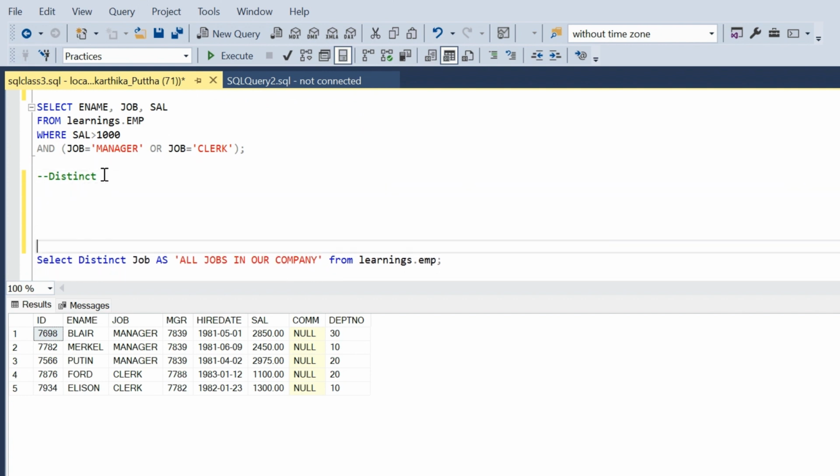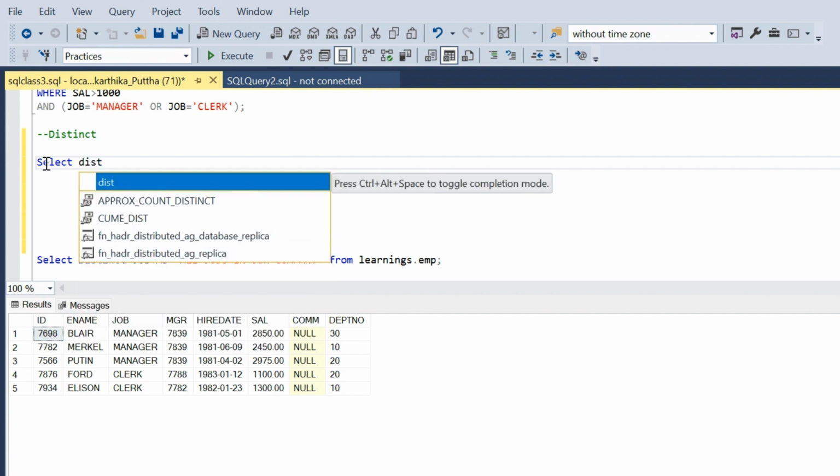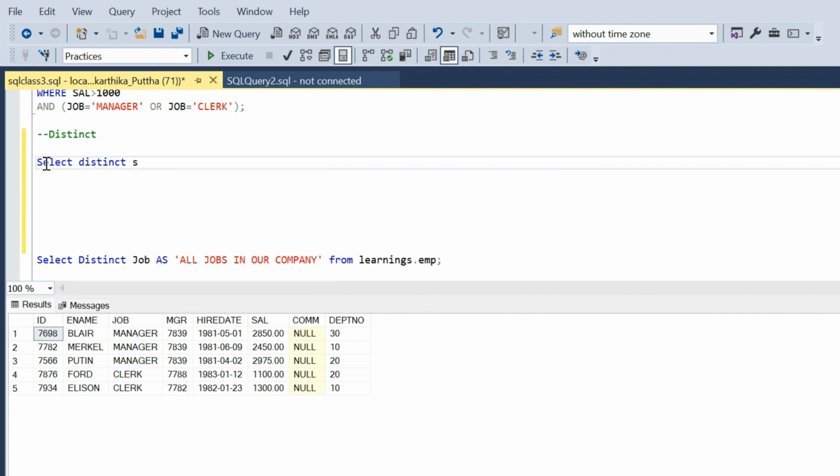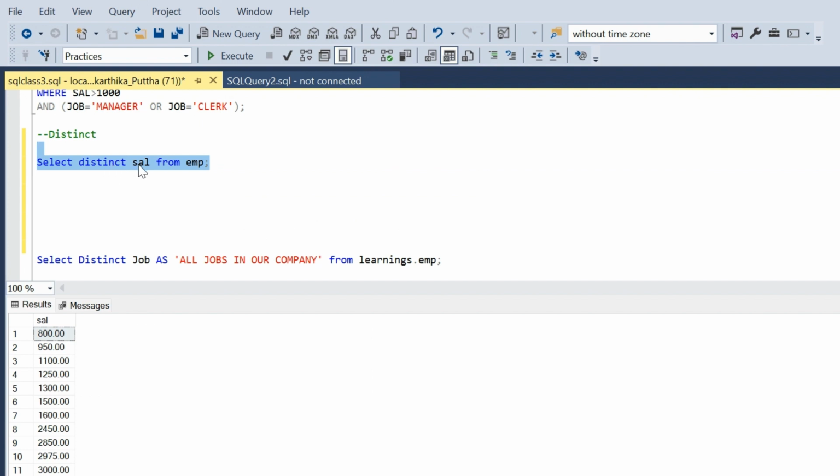This is a very important topic. Okay, suppose I wanted to fetch the distinct salaries. Okay, distinct salaries. Select distinct salary from employee table. This is how the distinct works. You have to mention just distinct beside the salary,